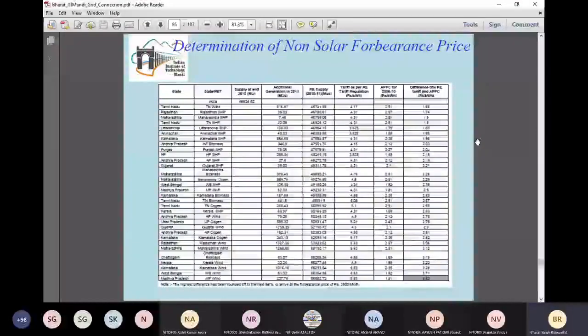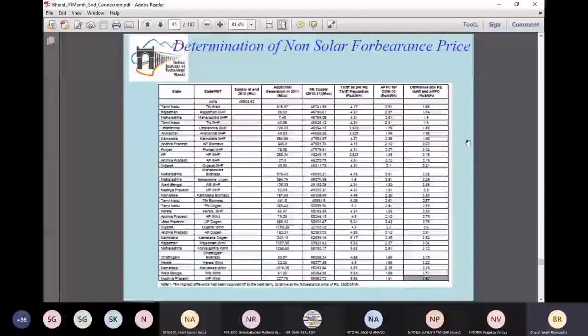Yes, your question is half right. The reason is that we are not giving 1.43 as a Karnataka wind price. We are giving 1.43, which is coming out from this overall table. It doesn't matter whether it is Karnataka wind or Tamil Nadu biomass. This is the way we are calculating: if we give a floor price of 1.43, for example Karnataka wind is getting 1.43, they make 2.35 plus 1.43. They are making a feasibility of 3.78.